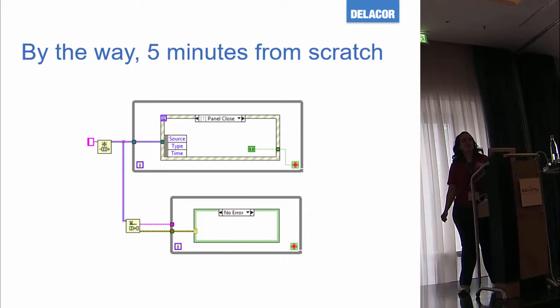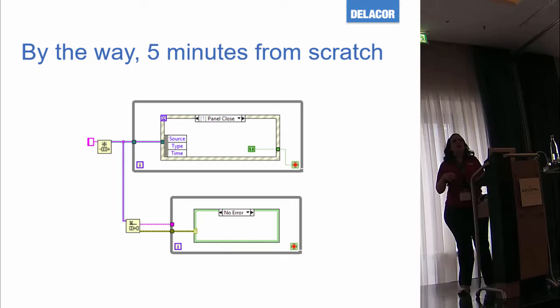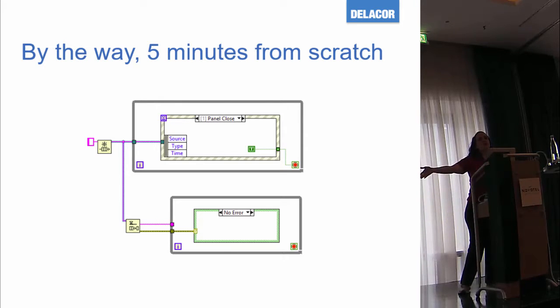On a producer-consumer, you're not going to be looking at the DQ because you know that there are 2 loops, the DQ goes inside the case structure. So yes, you can produce it in 5 minutes, but it's going to take you 15, 20, 30 minutes to